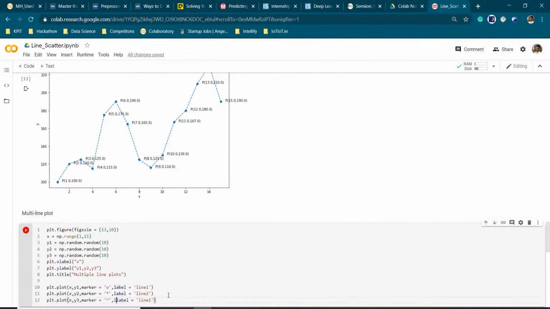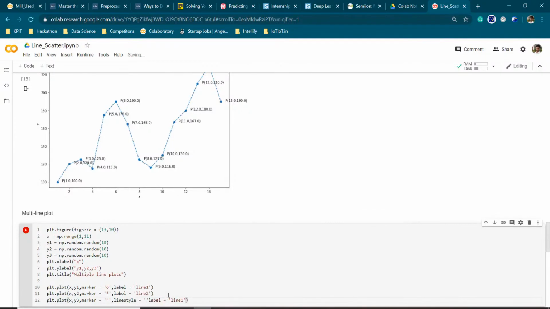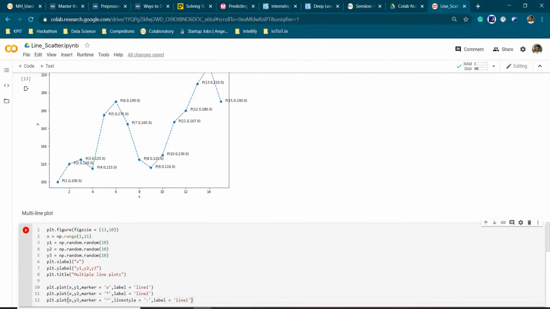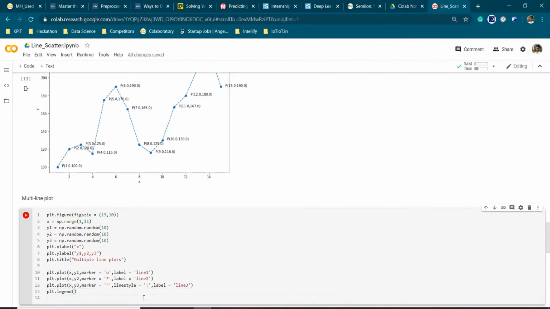So let us now give a different line style also. So line style is equal to dotted, so we are going to have a dotted line structure, and the label will be line 3. plt.legend. We are going to use legends for better representation, and then let us see our graph.